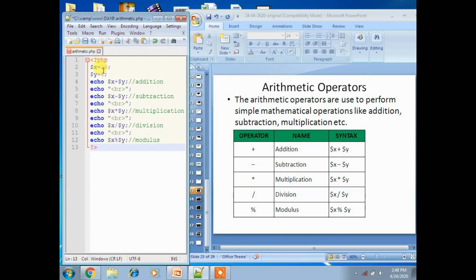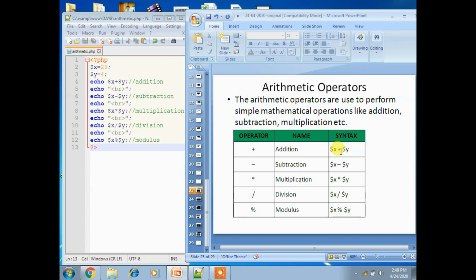Here I have taken two variables, variable 1 and variable 2. The x variable has the value 29, the y variable has 4. I am performing all the arithmetic operations here. Now save the program file, directly you can use Ctrl S. Here, the addition operation adds 2 operands.